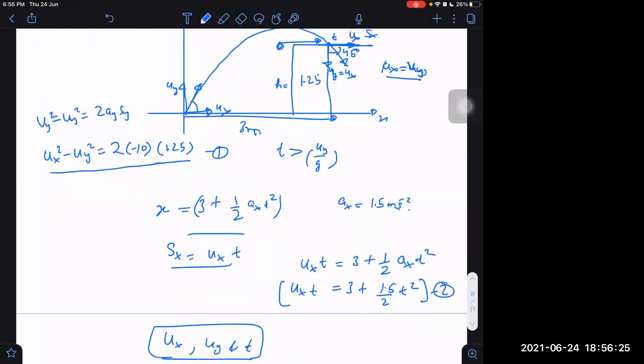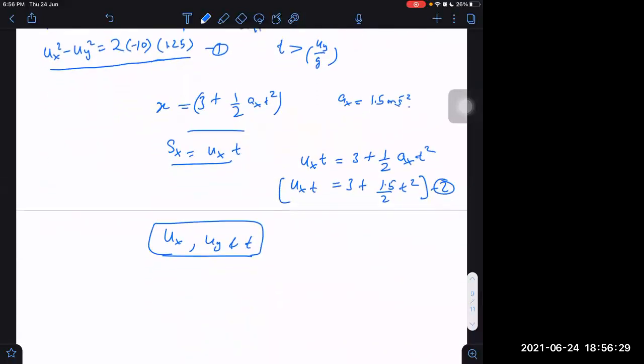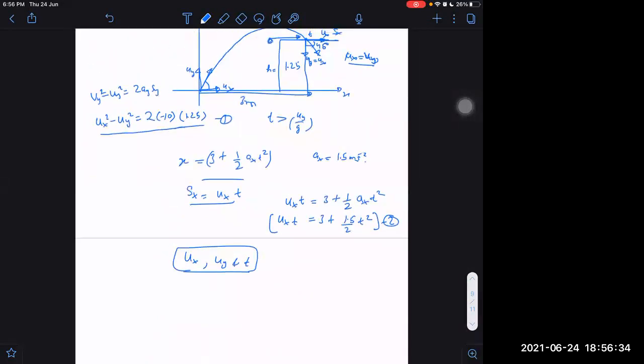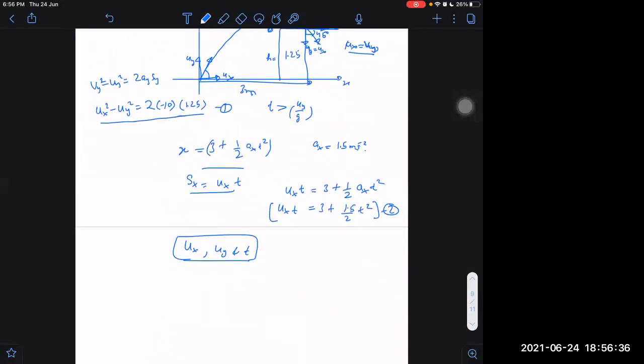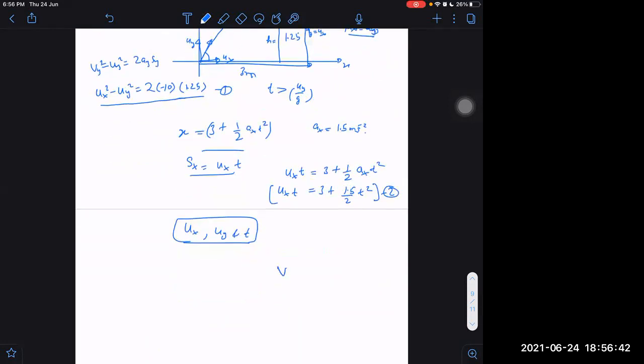v is equal to u plus at, we can also write, I think. That will also give another equation. We have not written that one. Can we write v equal to u plus at? What is the velocity at last? At last, ux is equal to uy. So we can write the final velocity as ux i cap, not plus, minus ux j cap. That is the final velocity. Is it okay?